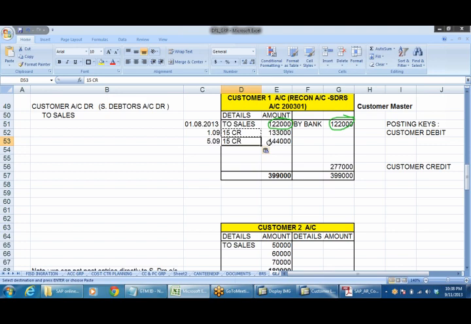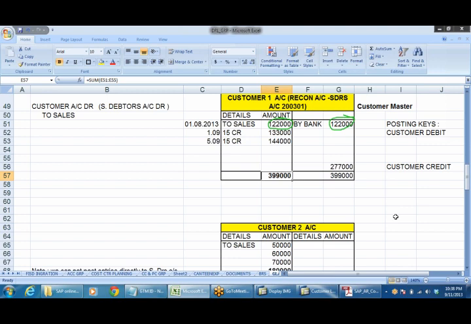Am I due today? As on today's date, these two invoices are not due. But if management is going to ask me, say for example, even 122 I have not received. My total outstanding amount is 3,99,000.